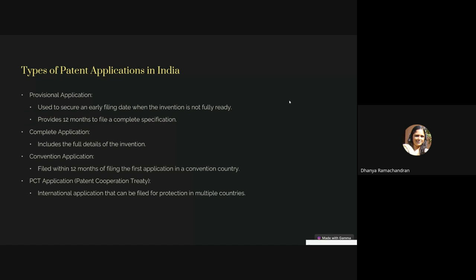Also, even before you do that, you have to have a confidentiality agreement. So let us say you are a firm and you have come up with something and you want to file a patent. Or you want to disclose it to your investors or somebody. So what do you do? You have to be very careful when you disclose inventions, because there is a chance that someone interested might copy it, and once it comes into the public domain, even you cannot have novelty for your invention, because if someone already comes up with it even before you file it, or someone files it before you can file it, then